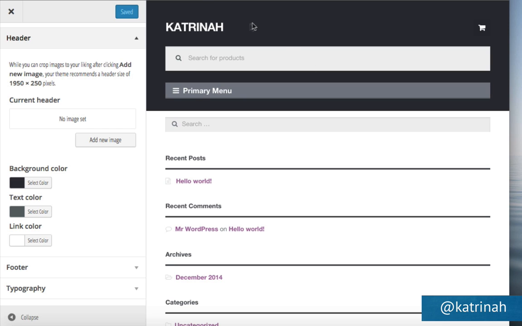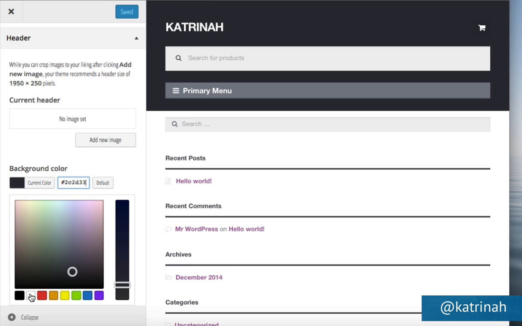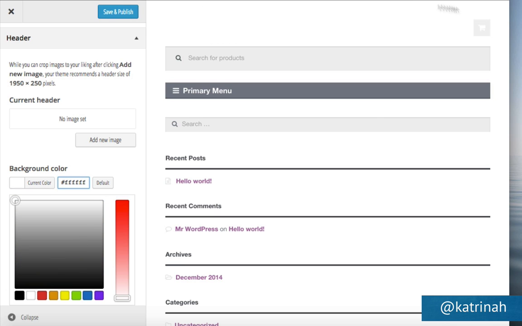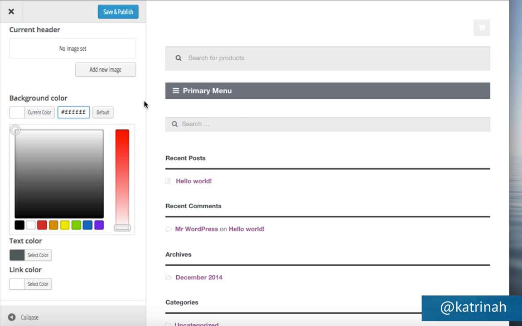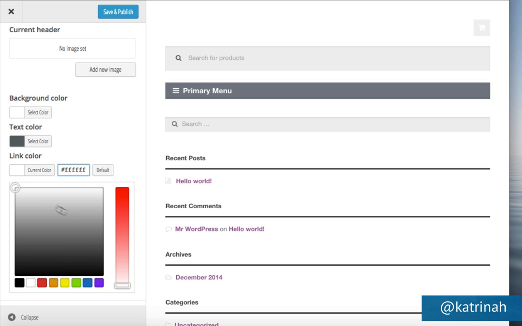So to make the background color white, I'm just going to click on this button here that says Select Color, go to the bottom right here, click on the white color, and then we can see the entire top section has now turned to white. Then I'm just going to scroll down. I'm going to keep the text color as it is right here. We can change that later if we want to. And for the link color, because now I cannot see the links, white on white does not work very well. I'm just going to change the link color by clicking on Select Color, and then you can change it to anything you'd like. So for the moment, I'll just put in this kind of gray color right here.